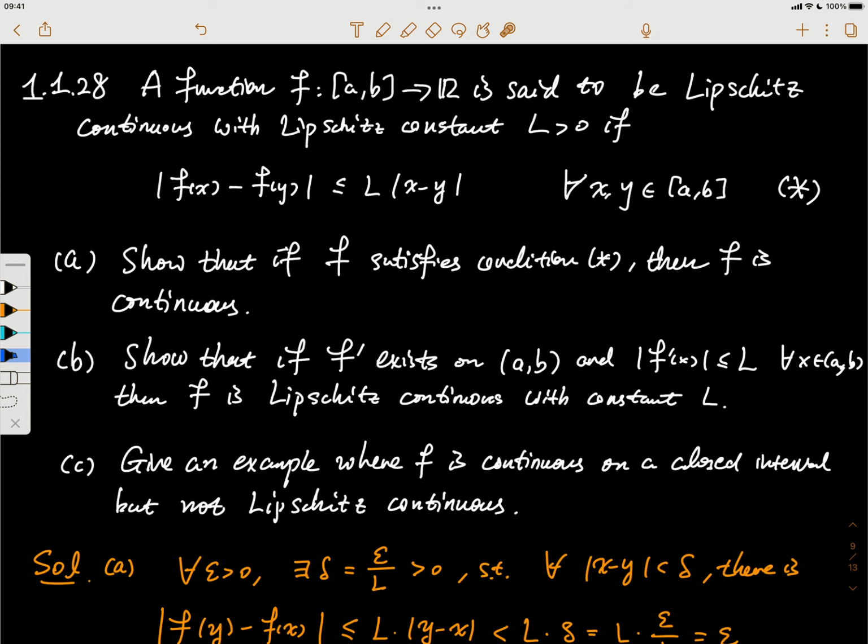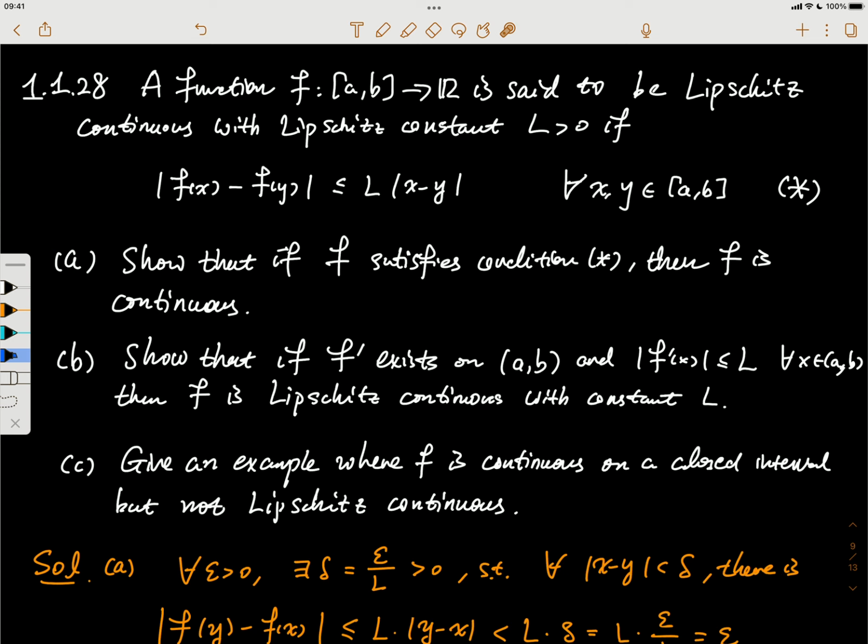So if you can find an L that doesn't depend on x and y, such that it's just a constant here, such that for any x, y you plug in, this always holds, then this function is called a Lipschitz function or Lipschitz continuous function. Okay, so the first question is to show that if a function is Lipschitz continuous or satisfies the Lipschitz condition here,